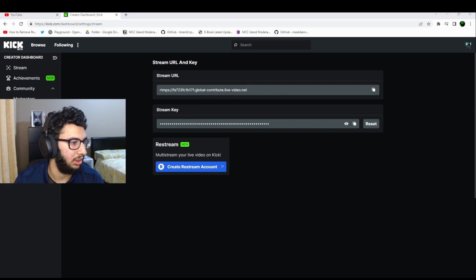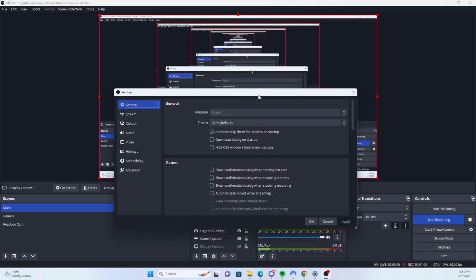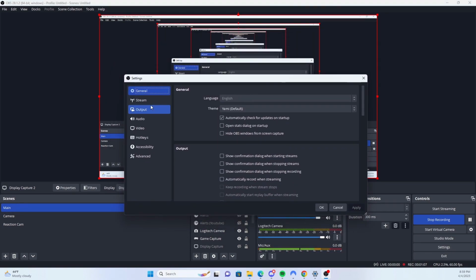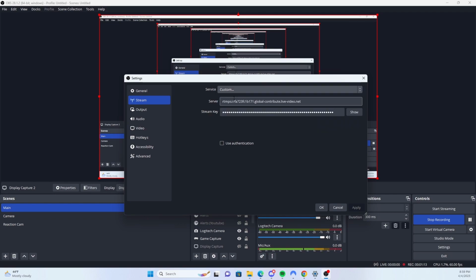So next, you're going to want to go to OBS. All right, we're in OBS. What you want to do is click on settings, and then click on stream. This might be set to Twitch by default, but you want to click custom. And then we're going to click this server over here,